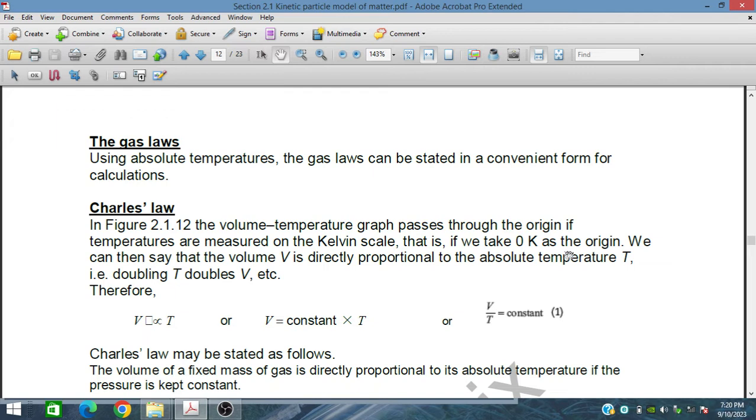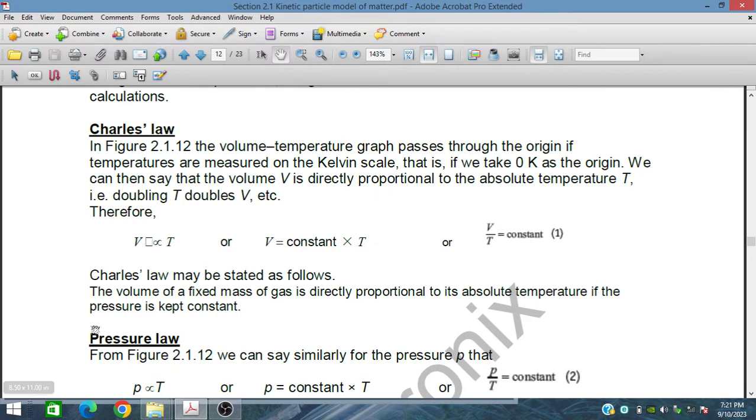That is, if we take 0 Kelvin as the origin, we can then say that the volume is directly proportional to the absolute temperature. So if temperature is doubled, the volume will be doubled. So volume and temperature are directly proportional. On removing the proportionality sign, volume is equal to constant into temperature. On rearranging, by dividing with T on both sides, we get V upon T is equal to constant, and this is called the Charles law,